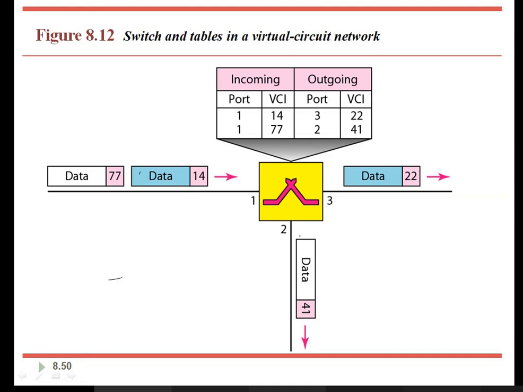Similarly, if any other data comes, if the outgoing port is 2, the VCI added is 41. Just like that, it is going to have all this different information. Each link has a different identifier. So that is data transfer. Any queries in this? Data transfer is very simple because the table is ready. It only has to change the VCI number and forward to the next node.